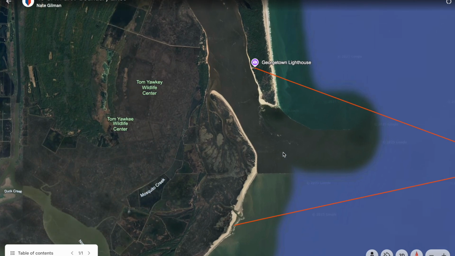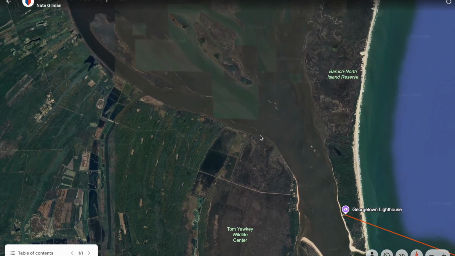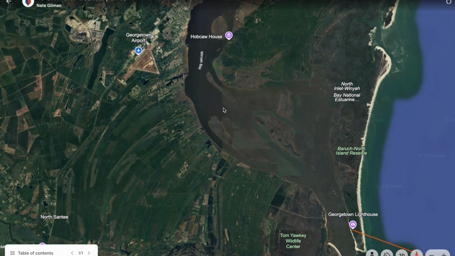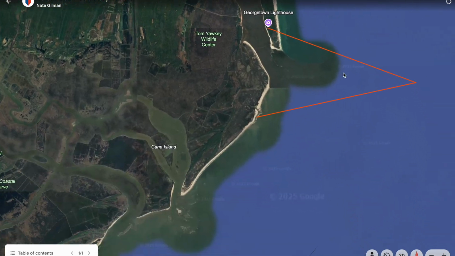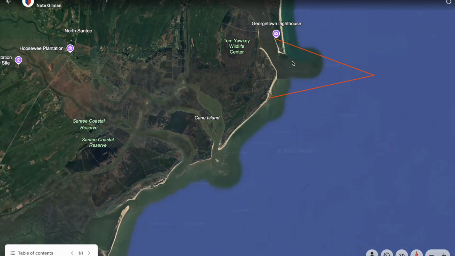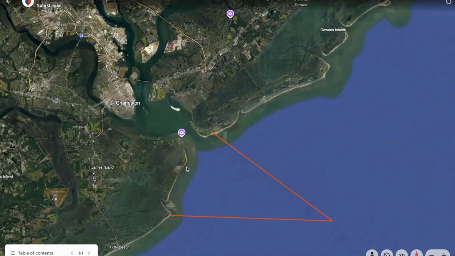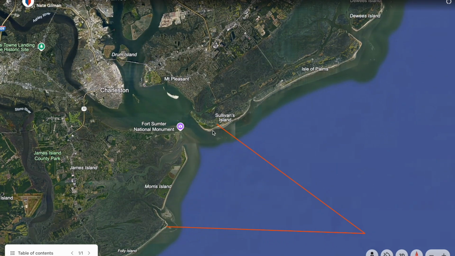An exception here is off of Georgetown and coming down off of the Winyah Bay. You have a small excursion area you have to make sure you get outside of to count as near coastal waters. And the same thing as you're coming down here off Charleston, right? So everyone thinks when they go outside of Sullivan's Island, they're in near coastal waters, but you have to actually make it all the way out to the safe water buoy or on either side of the line. They count as near coastal.